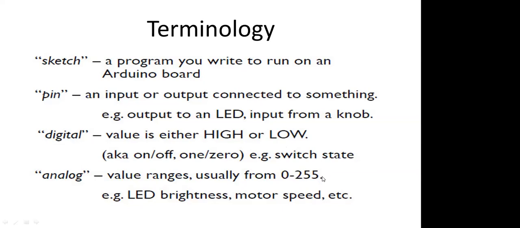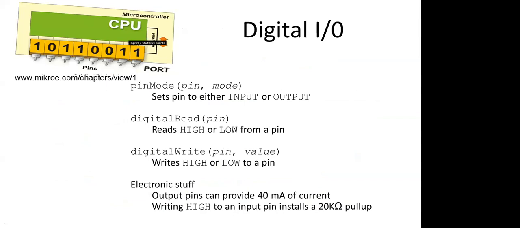After that, you can see these are programming structures for when you have to give input and output, and how you can write the program. Over here you can see pin mode, that is pin number and mode. Pin mode means which pin you are going to use, that you have to define. Any pin you are going to use in the Arduino, first of all you have to define what is input and what is output. So which pin you take as input and which pin you take as output. After defining that pin, you have to read it, either high or low, and you can write it in this format.